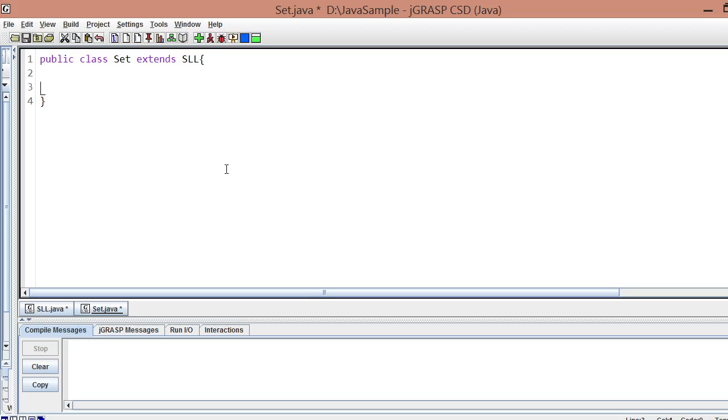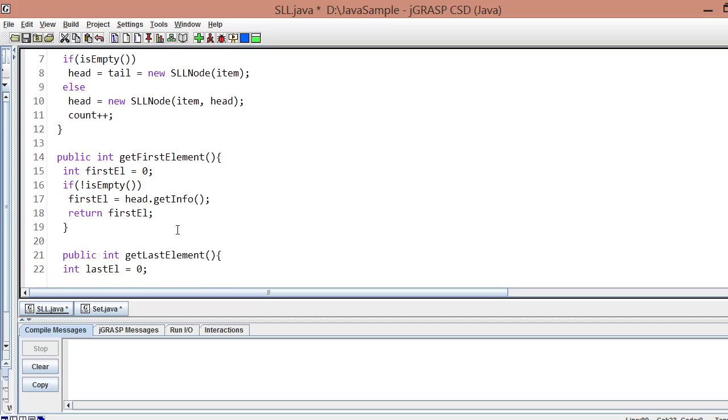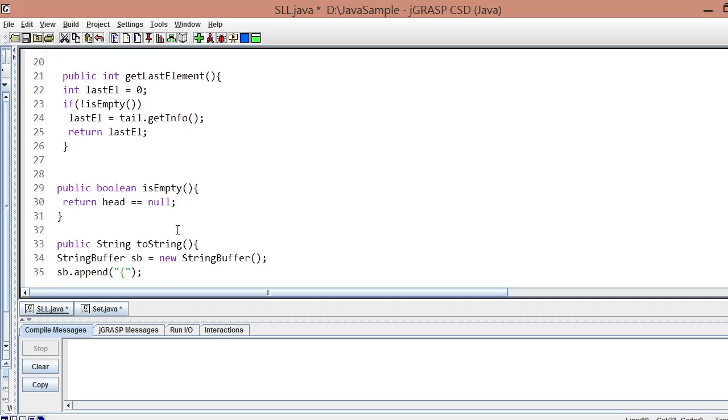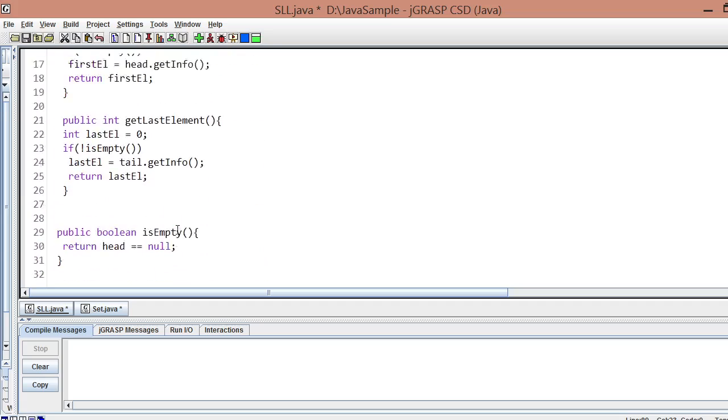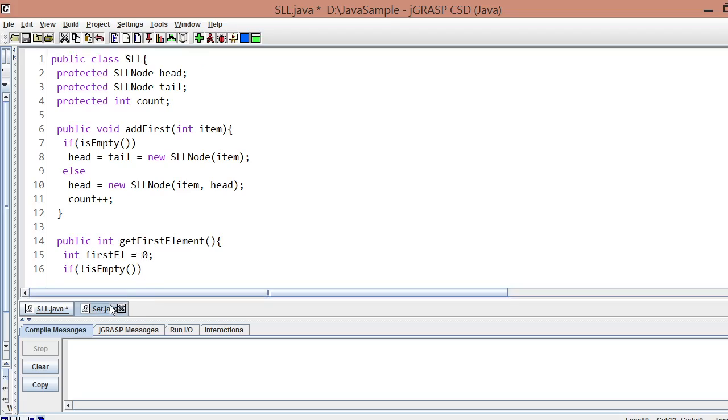Because our set is a singly linked list, it can make use of the specified operations in the SLL, such as the add first, the get first element, and others, except for the private members. For SLL, we do not have private members, meaning that the Set class can use the members of the SLL class.